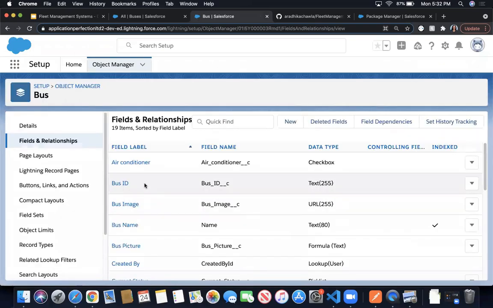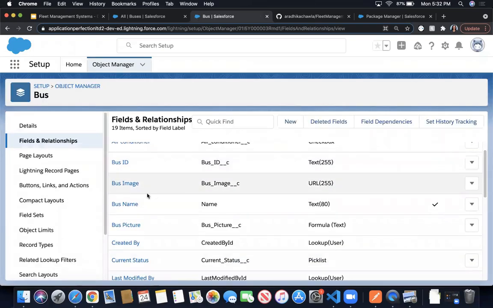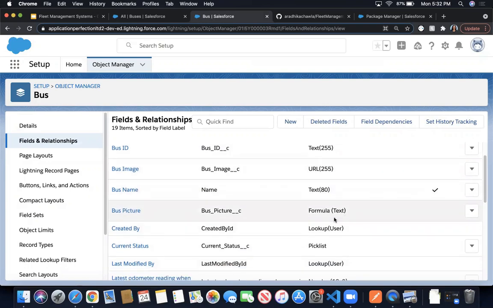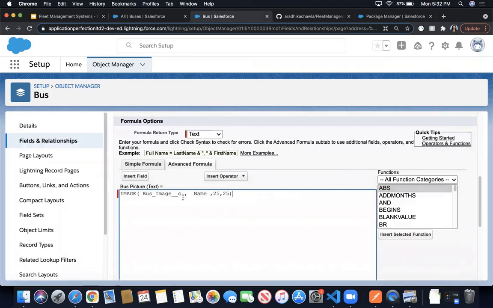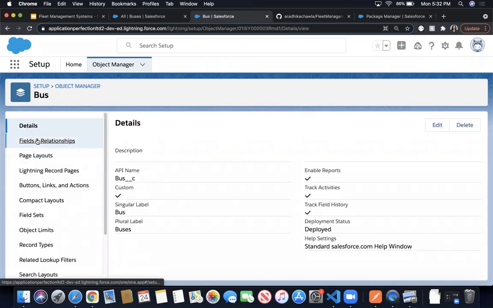These are the fields. This is a checkbox, text, image we have given, and then bus name. Picture is given, which is a formula. So we will use it to create the image. Just like we can do like this, and then we will get the image. There it is, just how much width you want in our object, how it will appear like that. And next are,